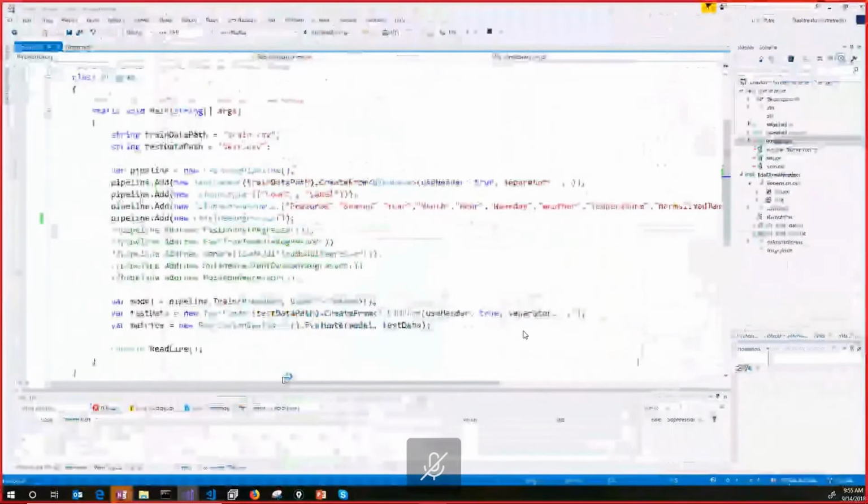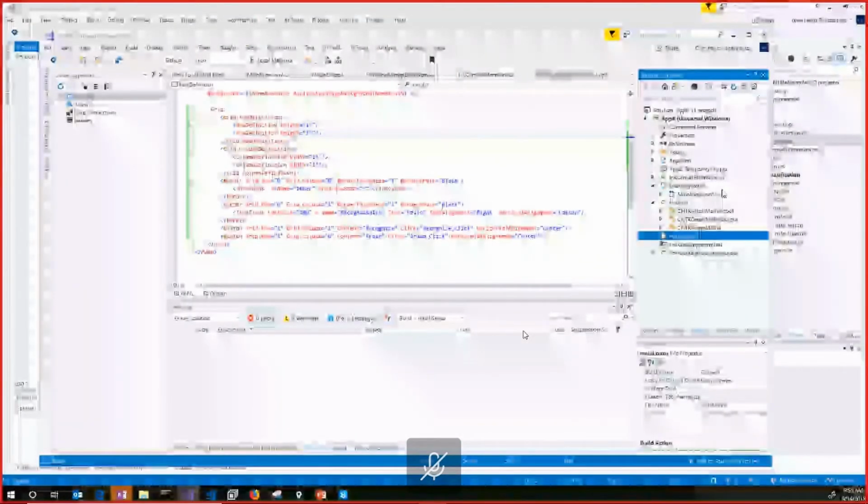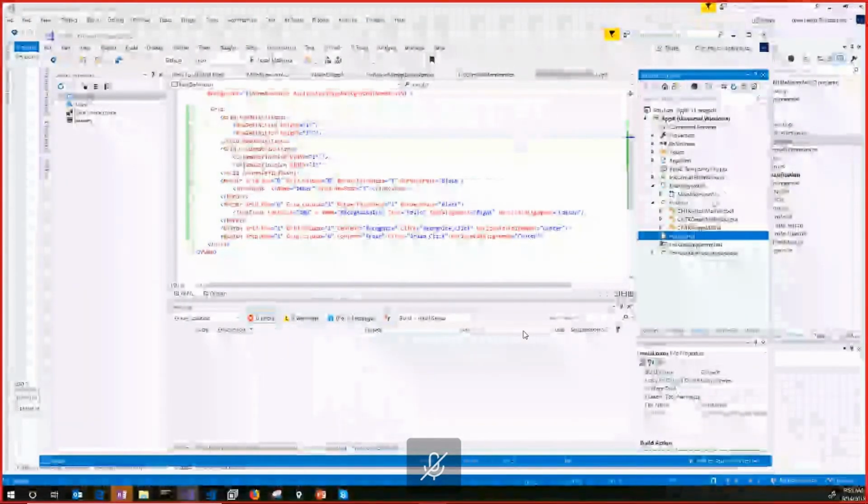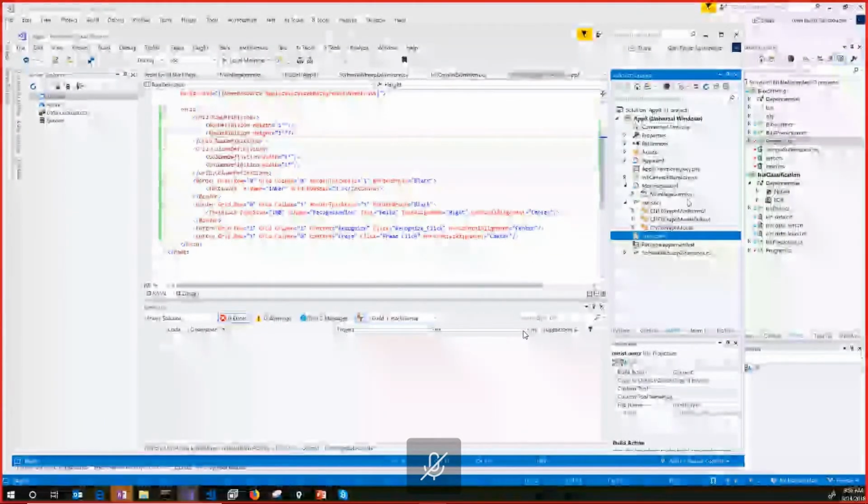So I have trained this model with CNTK, and this is the MNIST database, just because I didn't have the time to add the sample for the MNIST database on WinML, but I will update this repository with this sample too. Then what we have to do is just drop the ONNX file over there. When you drop it, Visual Studio already creates all the classes you need to use the classifier, and then you are good to go.